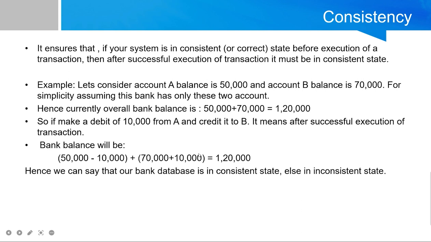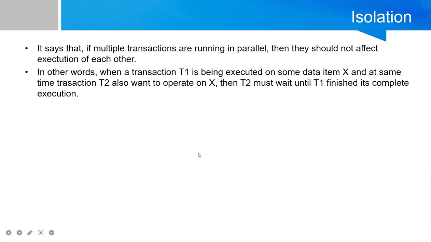So our transaction must satisfy this property as well. Now the next property is isolation. It says that if multiple transactions are being executed in parallel, they should not affect the execution of each other. The meaning here is that we assume that at a time only one transaction